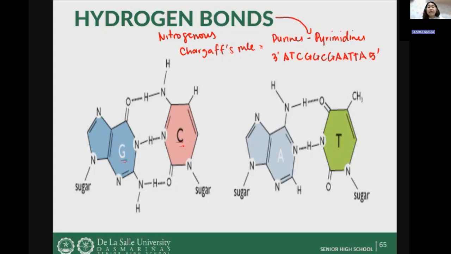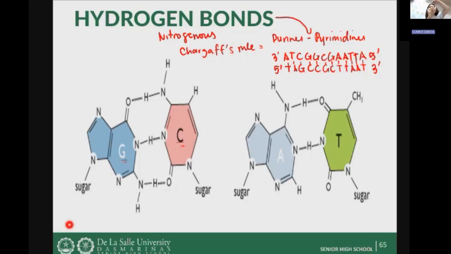Now, DNA is anti-parallel. So if the direction is 3 prime to 5 prime, and it will synthesize or replicate, this one will be 5 prime, then A is partnered with T, T is partnered with A, C G C T T. Then we have 3 prime. Now, this has bonds, and these bonds are called hydrogen bonds. Okay? So, this is Chargaff's rule. Purines and pyrimidines are bonded together.